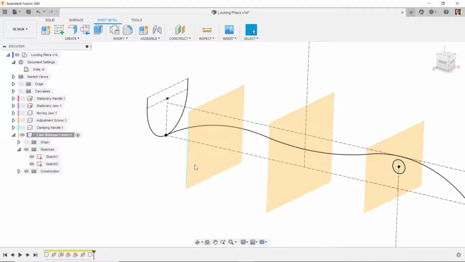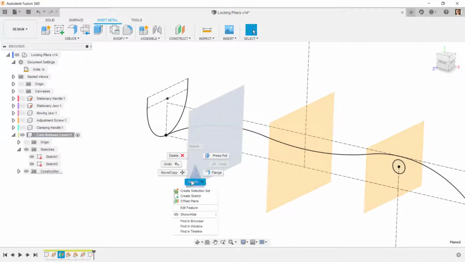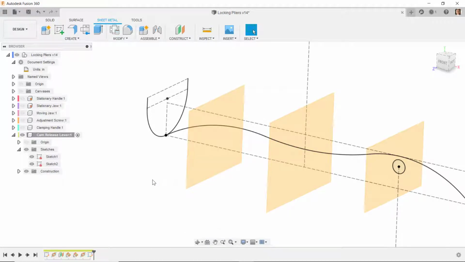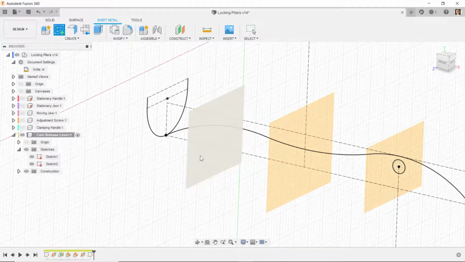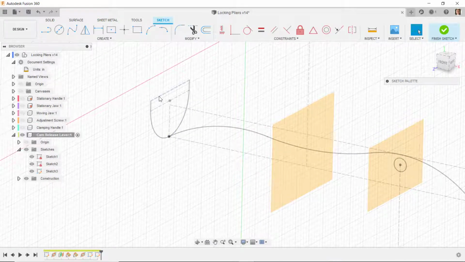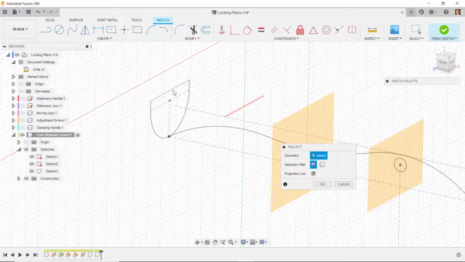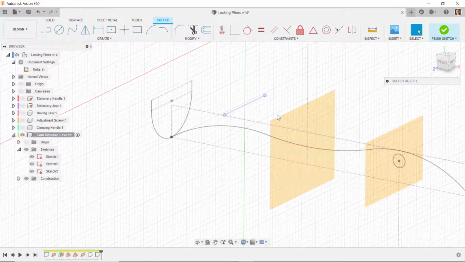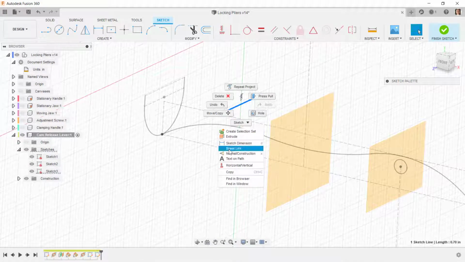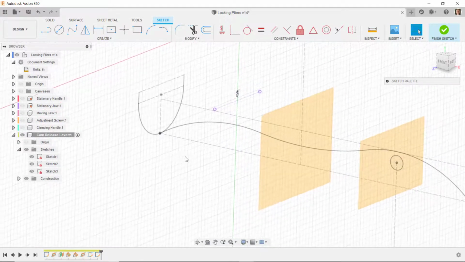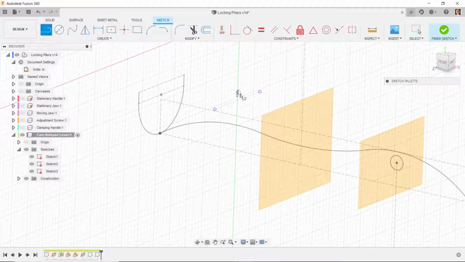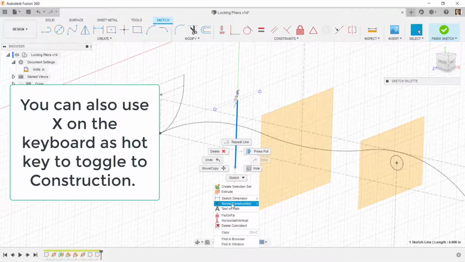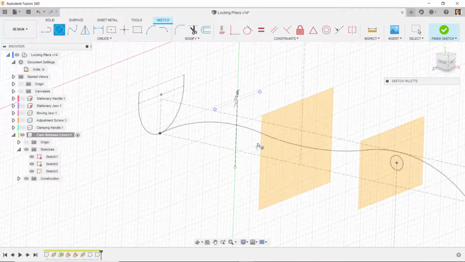So for our next sketch, I'll start a new sketch on this plane, and I'm going to, I didn't get it, so let's do that again, and then I'm going to project this line, so I'll do P for project. I'll select this line projected up here, and then I'm going to change that to a construction line, and then I'm going to draw a line going down from the midpoint of this line, something like that. I'll change this line to a construction line, and then I'm going to draw a circle somewhere on this line,